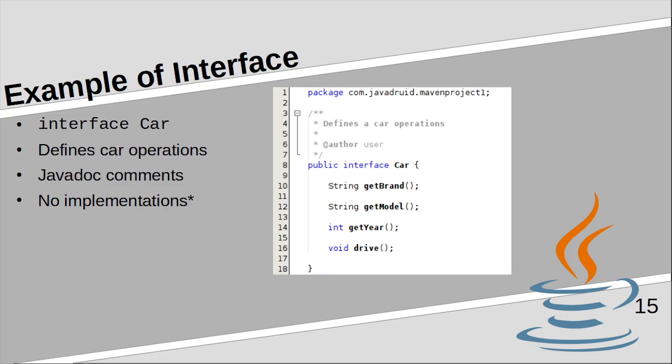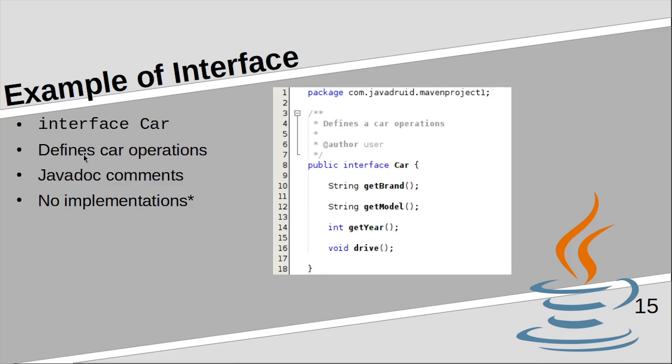The interface defines the what, not the how, except after Java 8 you can have default implementations in your interface. That's useful, but needs to be used wisely. An interface defines functions, and you can also have static variables like constants, but we're going to see that separately again.